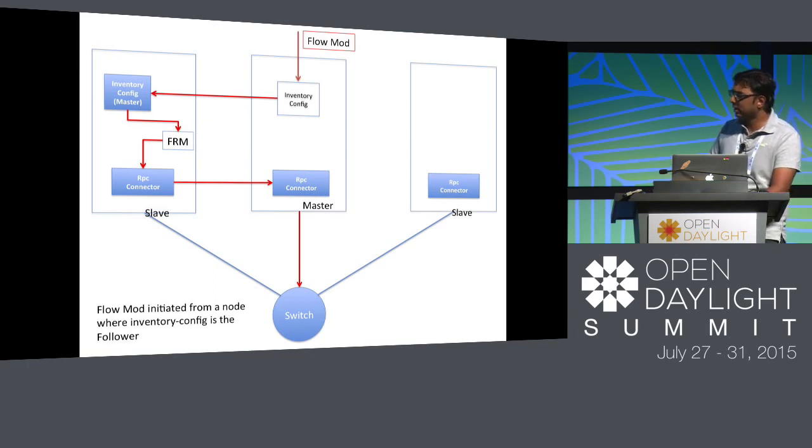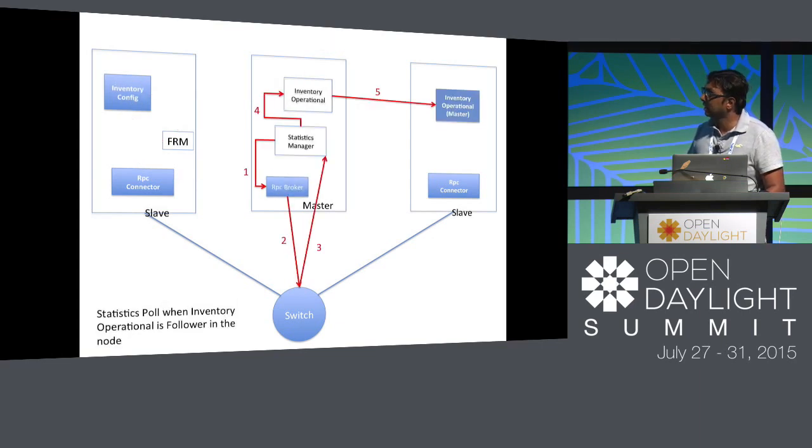And this is another scenario. It's pretty much the same thing, but you're trying to make a flow mod on a node where the inventory config is the follower, and that's where you see there's one more hop. It goes to the inventory config shard follower, and from there it goes to the master, same FRM picks it up, makes an RPC, and then it goes to the switch. So this is the number of hops which will be there around the cluster to make a flow mod with this design. And statistics,